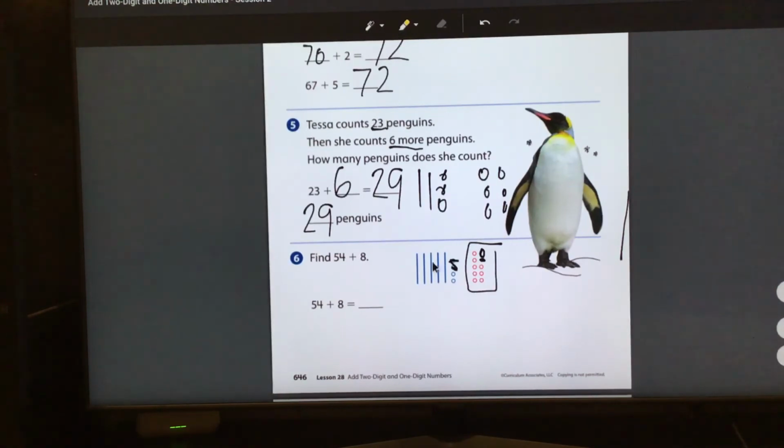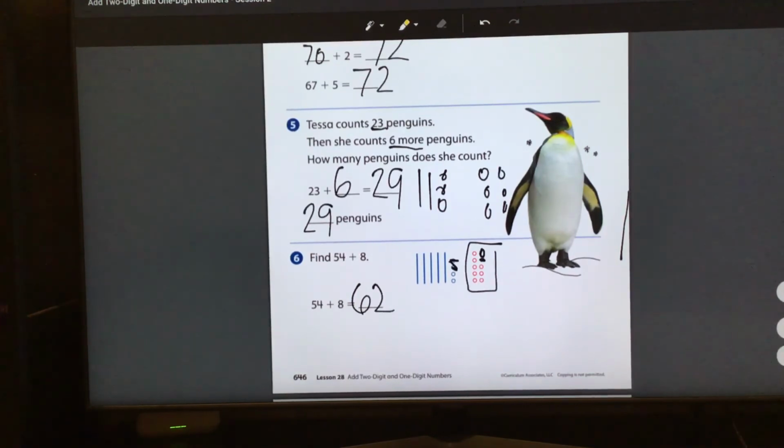So when I go to count my 10s, I need to count this as a 10, but I can't forget these 1s are still here. They still need to be counted. So let's count our 10s first, and then we'll count those 1s. 10, 20, 30, 40, 50, 60, 61, 62. See how much faster that was? 54 plus 8 equals